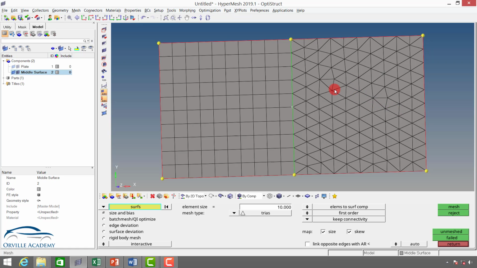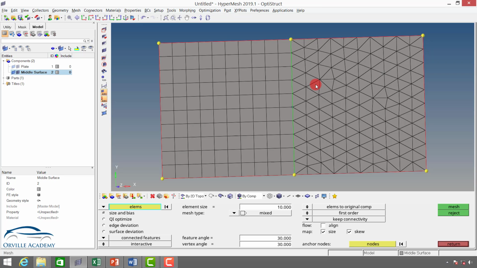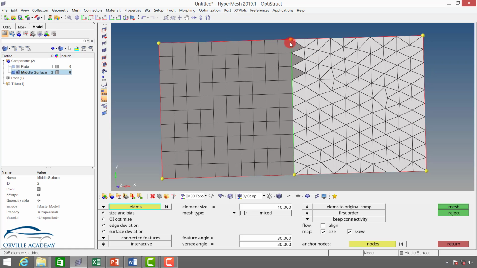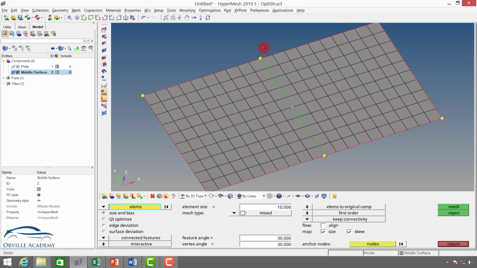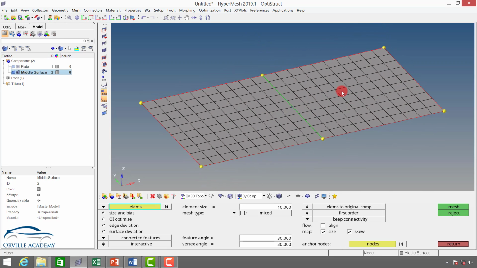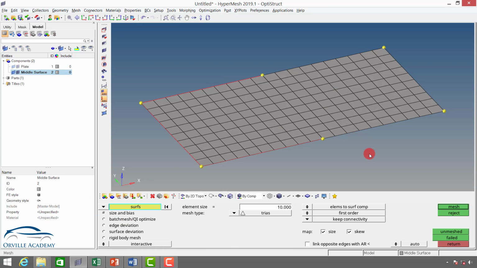So you can change this mesh, but now I want to select the elements over here. So I can go for elements and then press shift, hold it and draw a rectangle using the left mouse button and those elements will get selected. Again, instead of mix, I can set exclusively to the chord or you can set it to mix also. And let me say mesh. Now you can see a type has been changed. In the similar way, let me remove the mesh over here or you can go for surface, select the surface, set type to the tria and then say mesh.